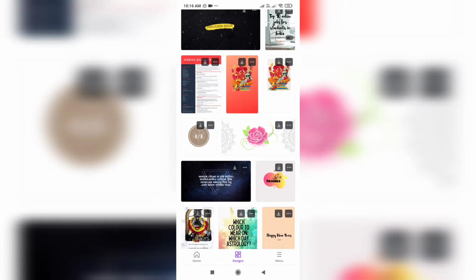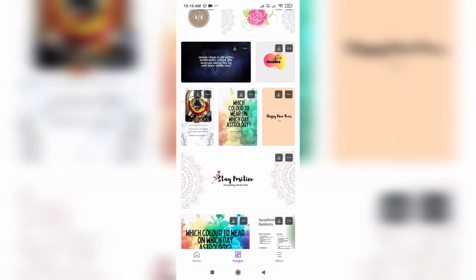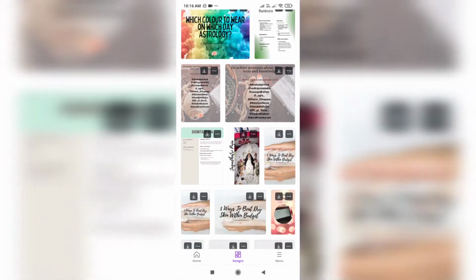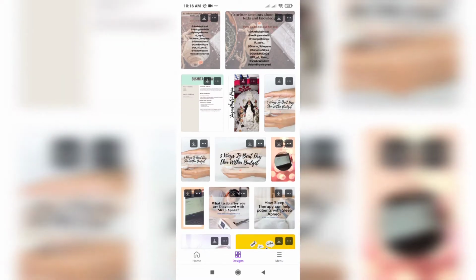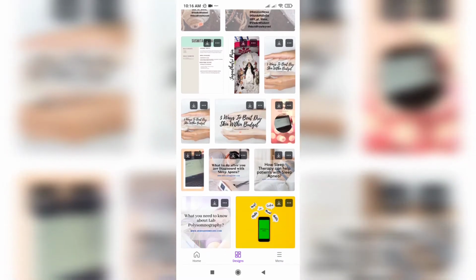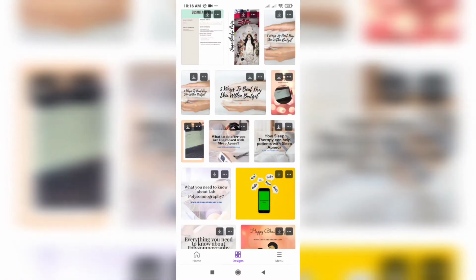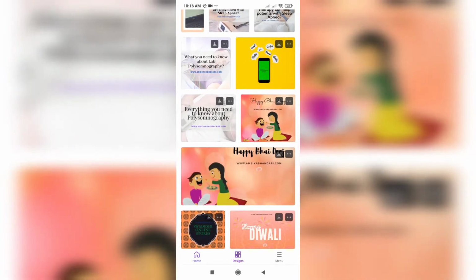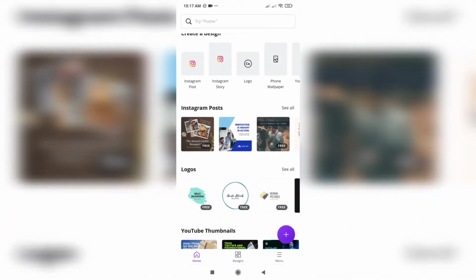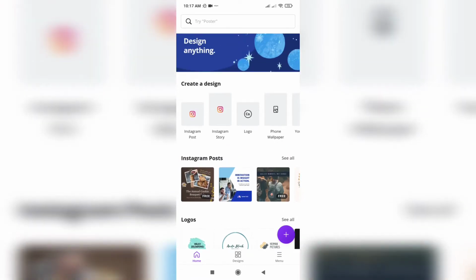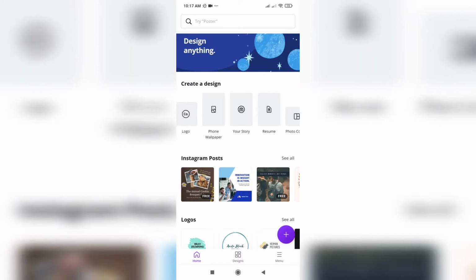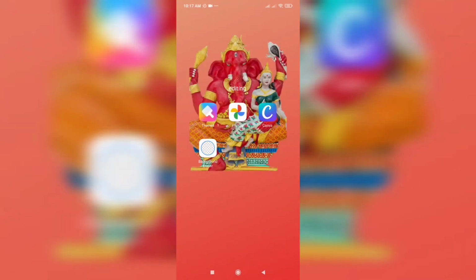This is beneficial for the people who are working on social media and who want to go into the profession of digital marketing, and who are content writers or bloggers, or even if you are a YouTuber, you can use this very much. It is useful for almost all your social media websites, from Pinterest, Instagram, Facebook, Twitter. You can have everything. This also has logo templates and layouts, and you can also make desktop wallpapers over here as well. So let's first create something.